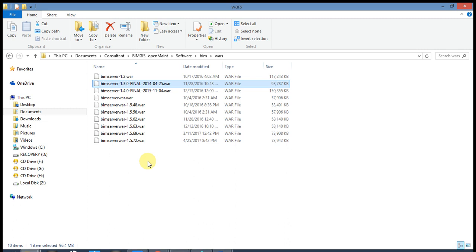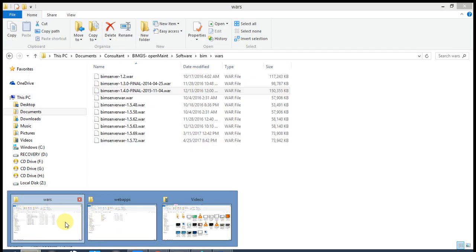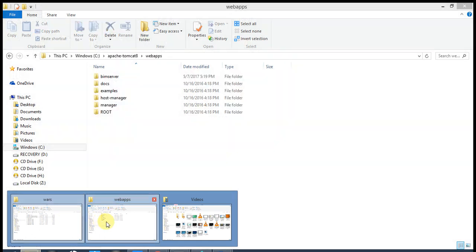So basically, after a long while, after several times of trial, multiple times trying, I realized that Bimserver version 1.4.0 works very well with Java 8 and Tomcat 8, and we know that Tomcat is really the server. So when we come to this directory,